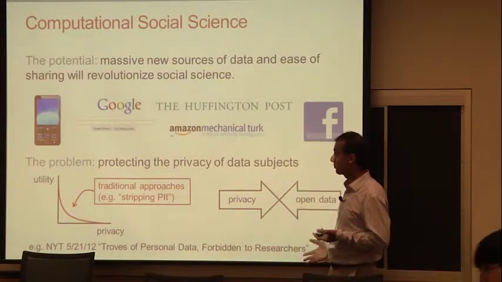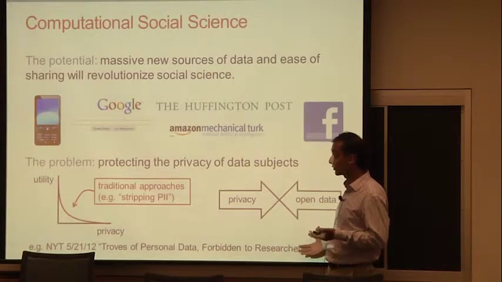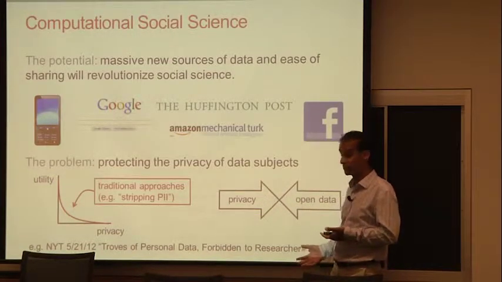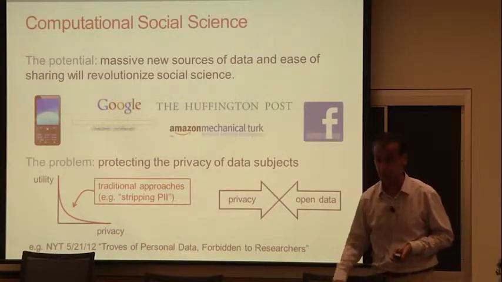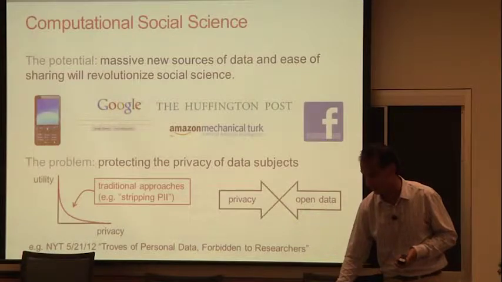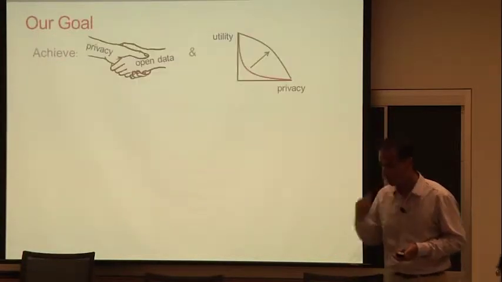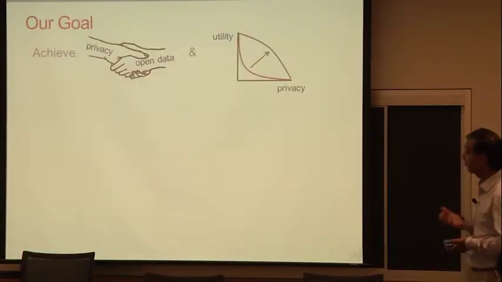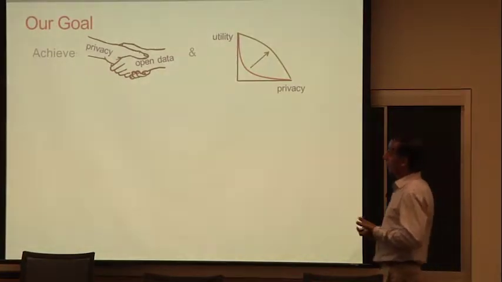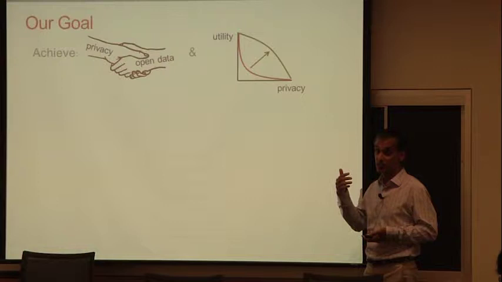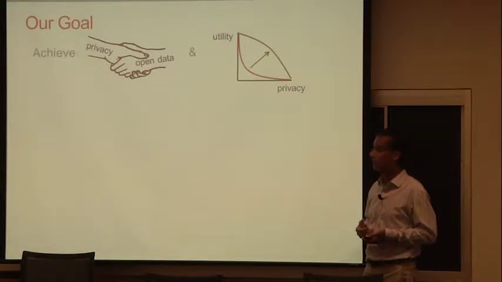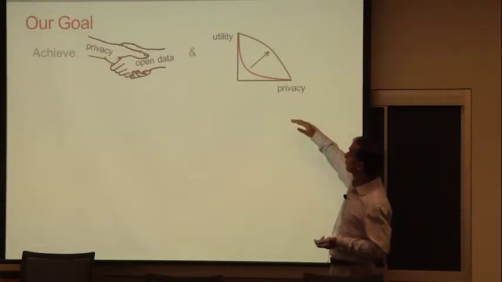Because of privacy concerns, many researchers are refusing to share their data, and sometimes quite reasonably so. And so we have this conflict of values in the research community. Okay, so the goal of the project in cartoon form is to try to reconcile this tension between privacy and open sharing of data. Right? Try to push this privacy versus utility curve